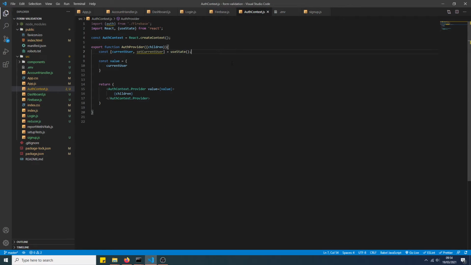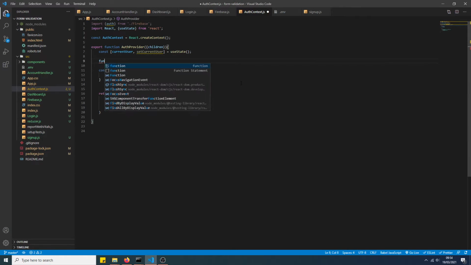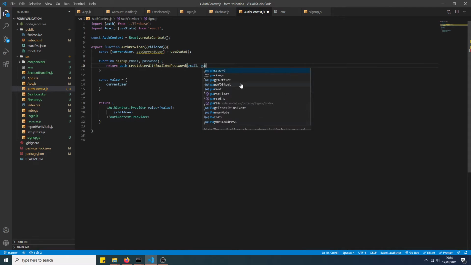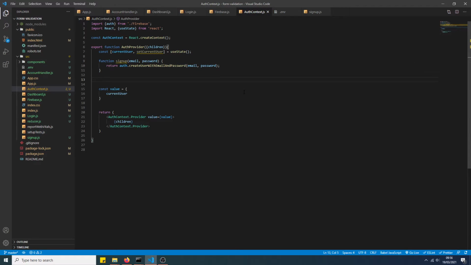There you go. But obviously we can't do anything with this current user yet. So first thing that we're going to do is create the signup function. It takes in 2 arguments, and it's going to return, because it's a promise, because it's executed asynchronously, create user with email and password. Now the problem with this is we haven't actually stored the created user in our current user state, which is